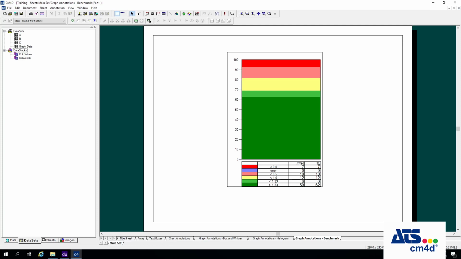So in the previous module we saw how we could make box and whisker graphs, histogram graphs, and benchmark graphs. Benchmark being the one that you see here. But there's a few others that are also important in specific situations. One is a target chart, which functions kind of like a bullseye that plots two axes or two dimensions